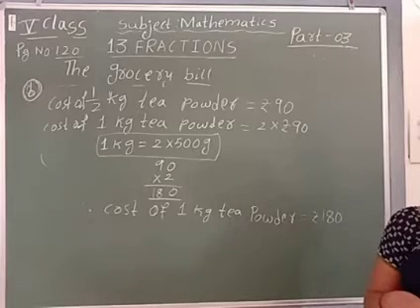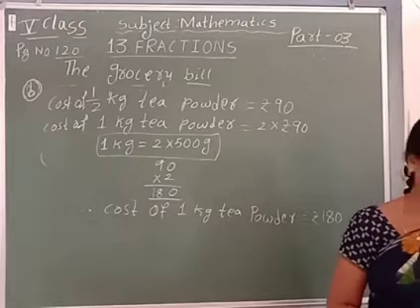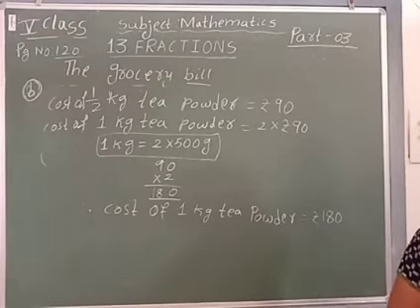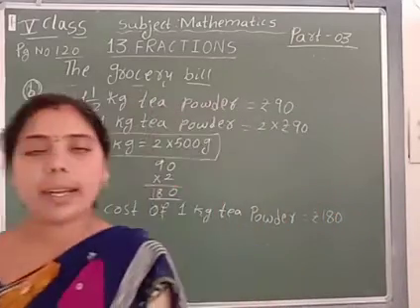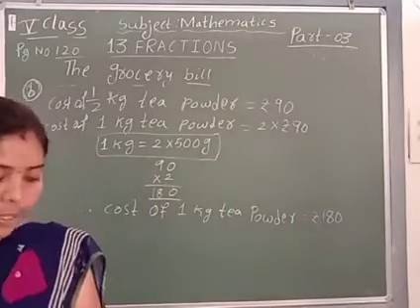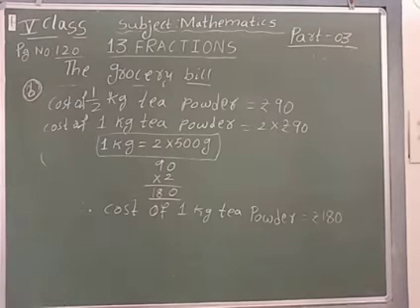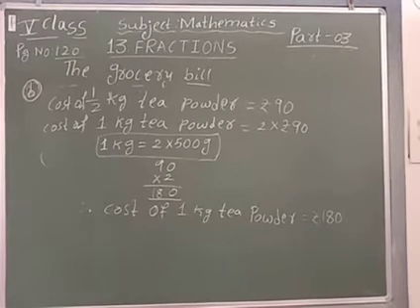Next, the C question, you will see, children. If Kaumudi buys 1/4 kg of chilli powder for 40 rupees, so 1/4 part for 40 rupees, how much would 1 kg of chilli powder cost? So 1/4 part chilli powder is 40 rupees. Then how much does 1 kg chilli powder cost? See, we will find out.